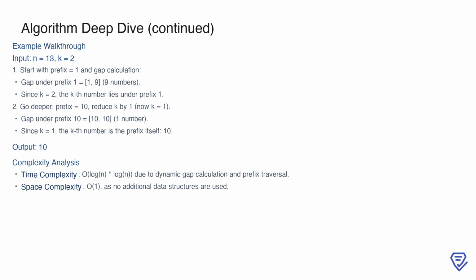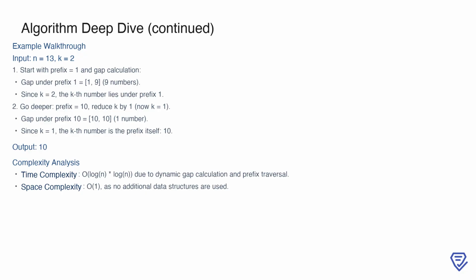Next, we go deeper by appending a digit to the prefix, making it 10. Reducing k by 1, we now have k equal to 1. Calculating the gap under the prefix 10, we find it covers the range 10 to 10, containing exactly one number. Since k is now 1, the kth number is the prefix itself, which is 10. This demonstrates the efficiency of the approach, as we arrive at the answer without explicitly generating or sorting the entire